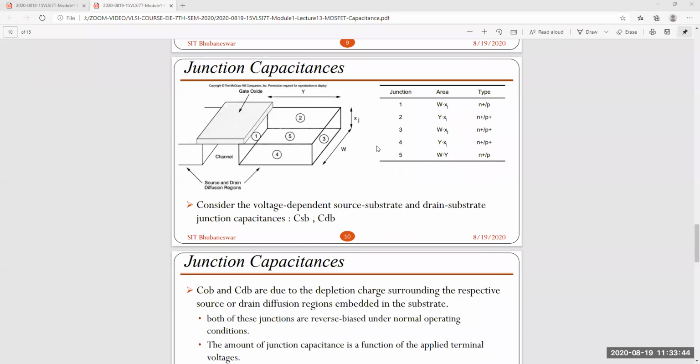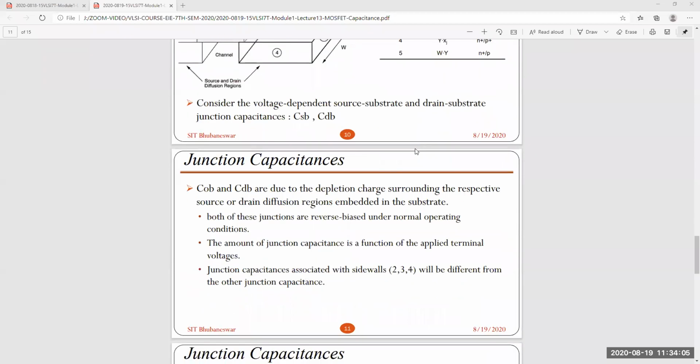First, you give some reverse bias voltage. Due to that reverse bias voltage, you will get the depletion region. What is the depletion region, and how much charge is stored in that depletion region? You differentiate that charge, then you will get the capacitance. Okay, this is the way. You should know the capacitance is there, then you will calculate.